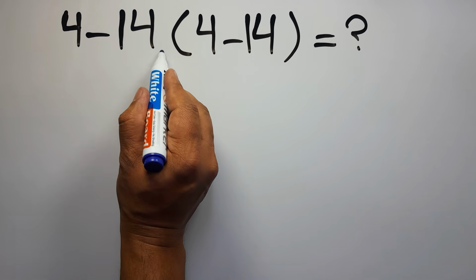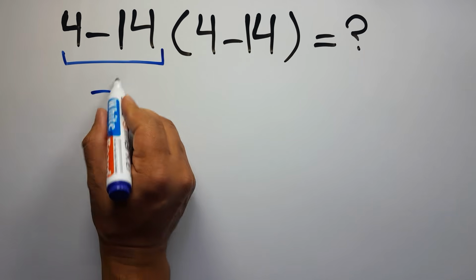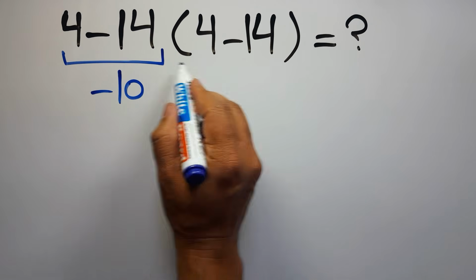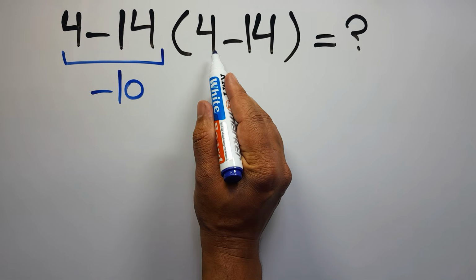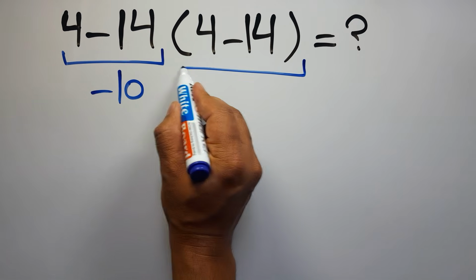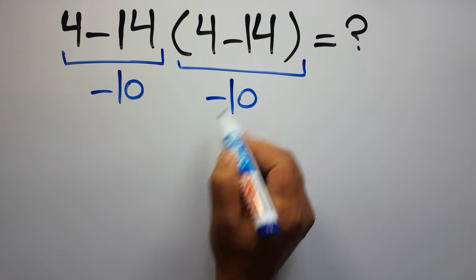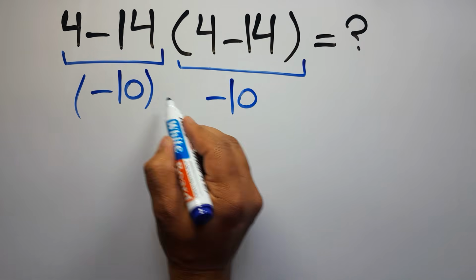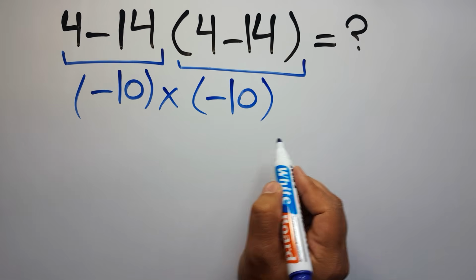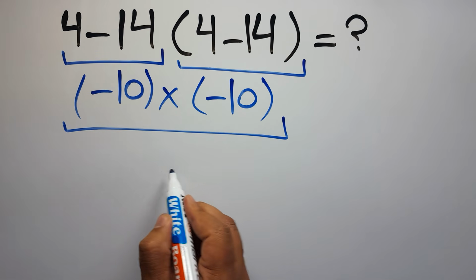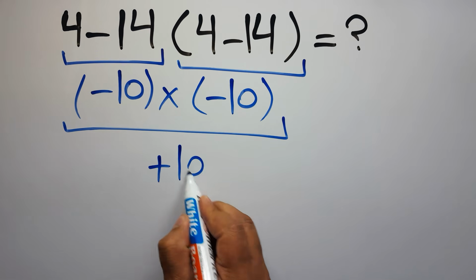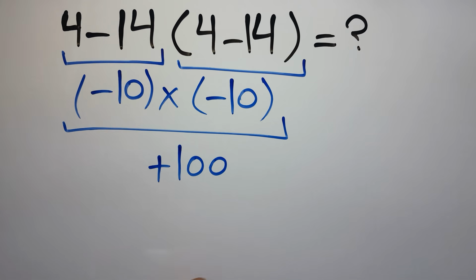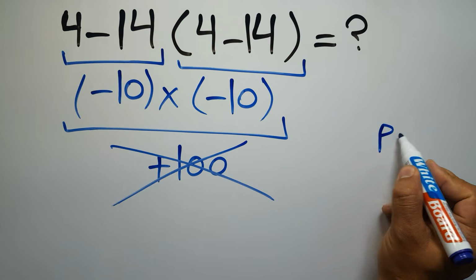4 minus 14 gives us negative 10. And again here, inside this parentheses, we have 4 minus 14. So negative 10 times negative 10, which equals positive 100. But this answer is not correct because according to the order of operations, which is PEMDAS,